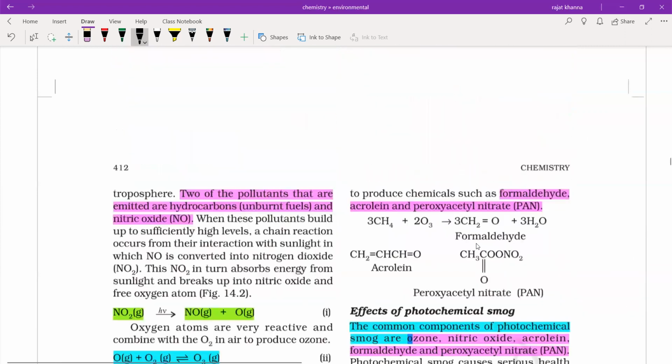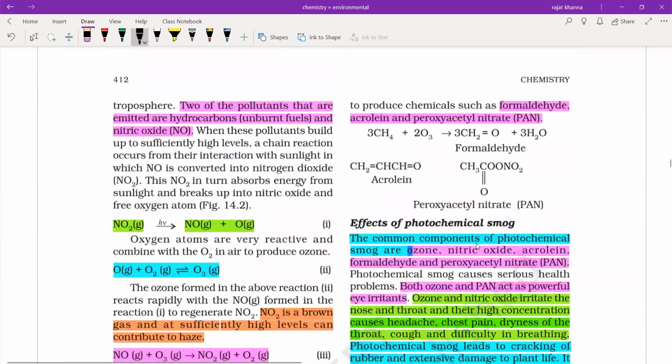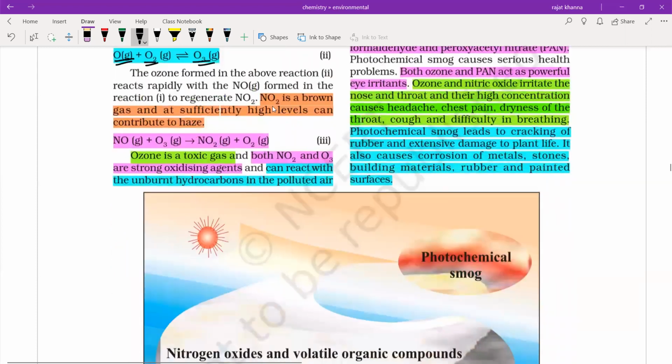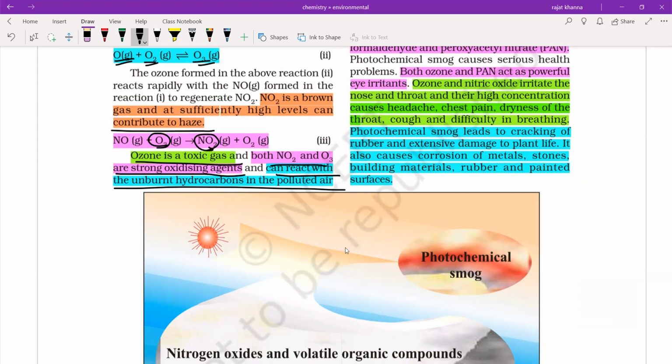Formation of photochemical smog. The two types of pollutants emitted are hydrocarbons, unburnt fuels, and nitric oxide, NO. NO2 with hv gives NO plus O, and O plus O2 gives ozone. The ozone formed in the above reaction reacts with NO formed to regenerate NO2. NO2 is a brown gas which, at sufficiently high level, can contribute to haze. NO plus ozone gives NO2 plus oxygen. Ozone is a toxic gas, and NO2 and ozone are strong oxidizing agents. They react with unburnt hydrocarbons in polluted air